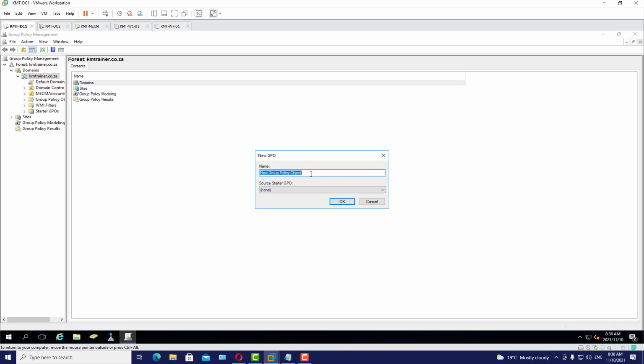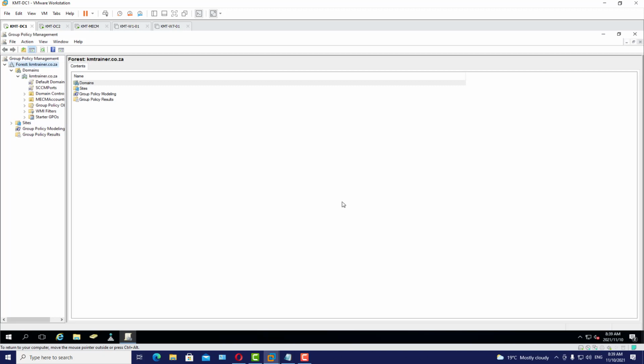Gonna name it SCCM ports. Click OK, and then right click on SCCM ports, click edit,